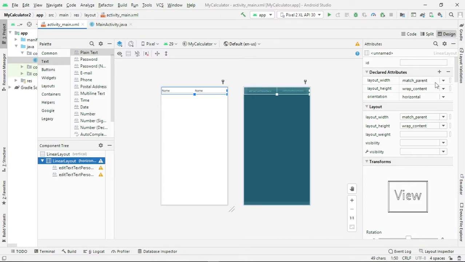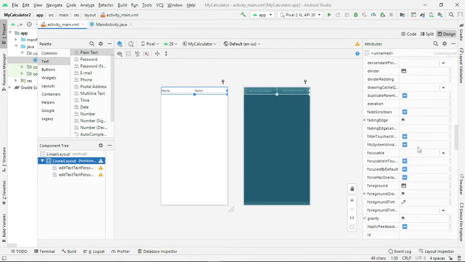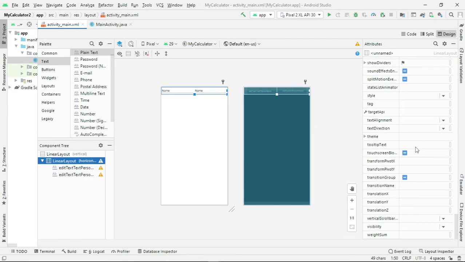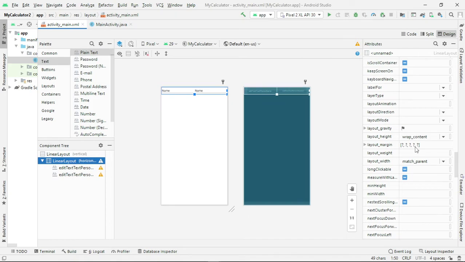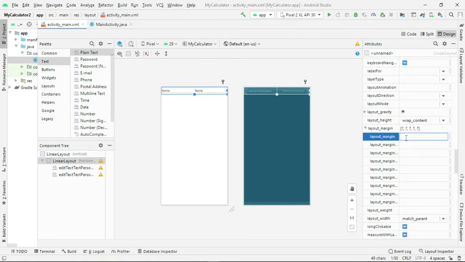Layout width be match parent, layout height be wrap content, and next let me set a layout margin. Yes, layout margin. Let me set it to 20 dp.